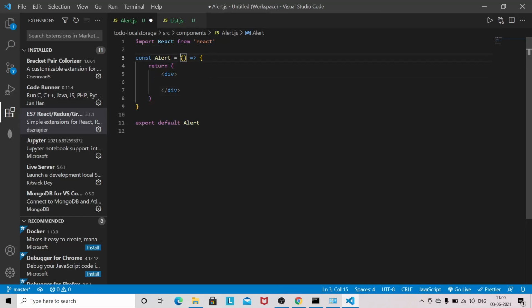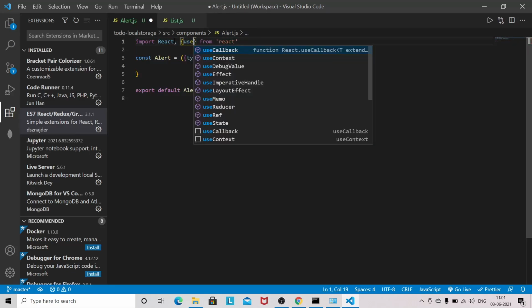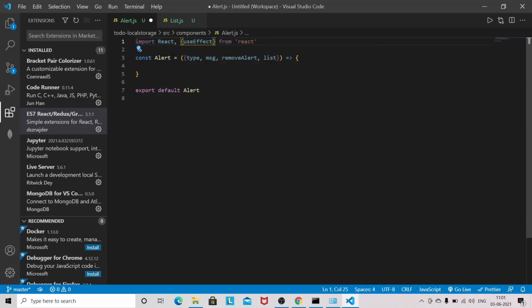This will receive type, message, and remove alert, because we are also removing the alert after 4 or 5 seconds. That's why we are doing that. I will remove this one, and I need useEffect.